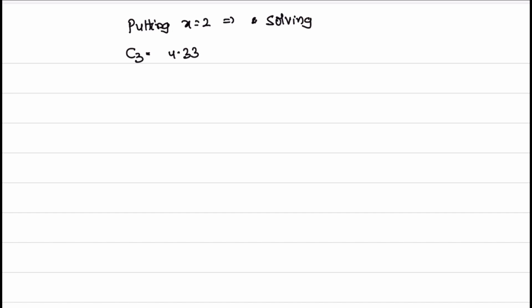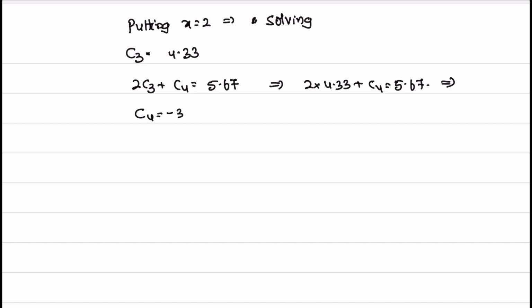Now it is time for us to find out C4. We have already got C4 as 2C3 plus C4 is equal to 5.67. That implies 2 into 4.33 plus C4 is equal to 5.67. That implies C4 is equal to minus 3. We have got the value of C3 and C4. The final deflection equation for the portion 2 less than or equal to x less than or equal to 3, the final deflection equation will be